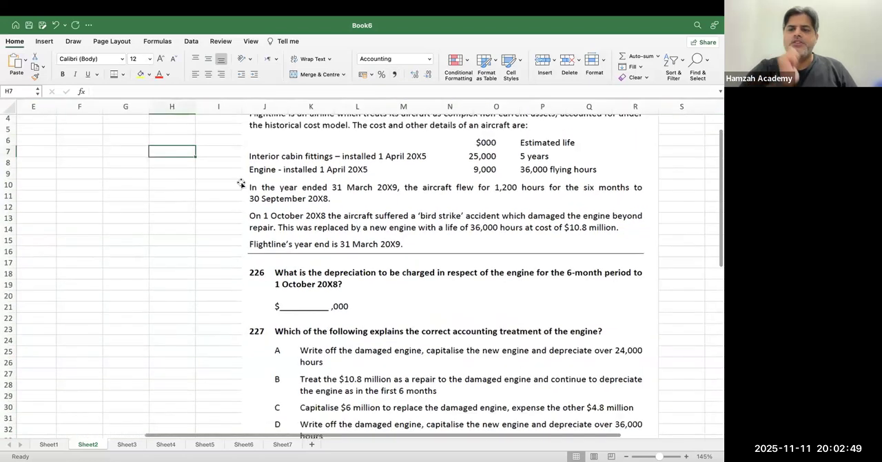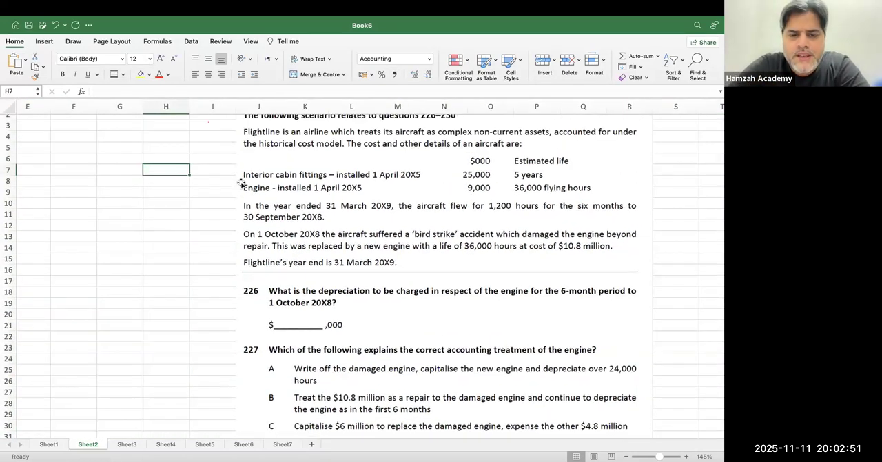Okay. This is a section B type question over here. Flightline is an airline which treats its aircraft as a complex non-current asset accounted for under the historical cost model. The cost and details of an aircraft are: interior cabin fittings installed on 1st April for 25 million, estimated life is 5 years. Engines installed on 1st April for 9 million, 36,000 flying hours. In the year ended 31st March 2018, the aircraft flew for 1,200 hours for the 6 months to 30th September